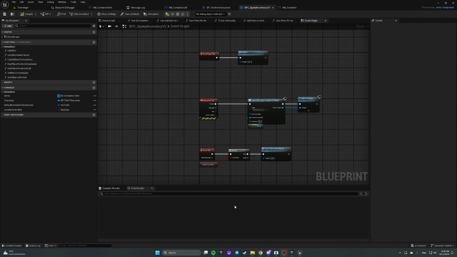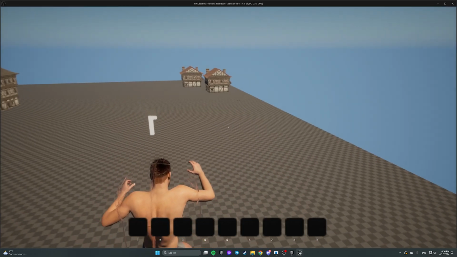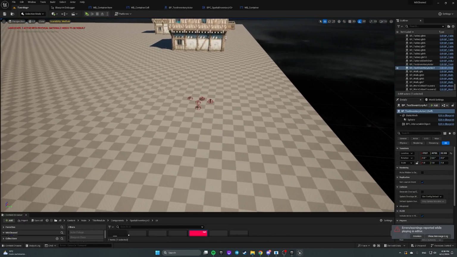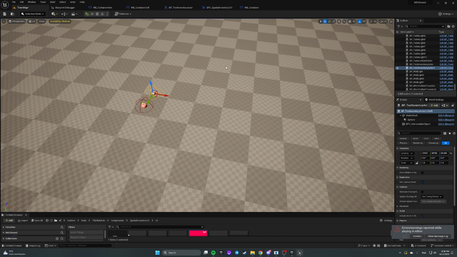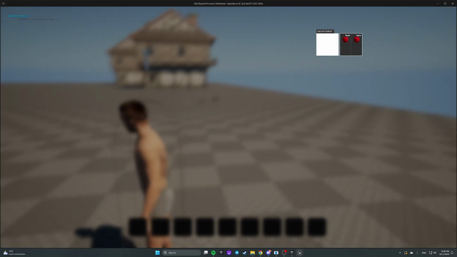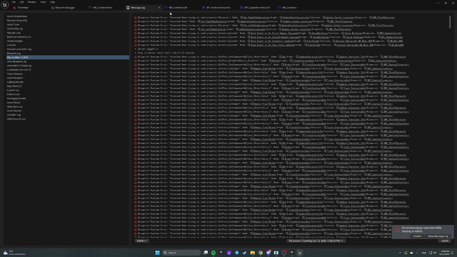Hello everyone, this is the next part of the tutorial videos dedicated to the inventory system. In the last part we finished a visual representation of the items that we are adding to our inventory, and I've changed a few things, like I've changed fonts a little bit and decreased the size of some items. So